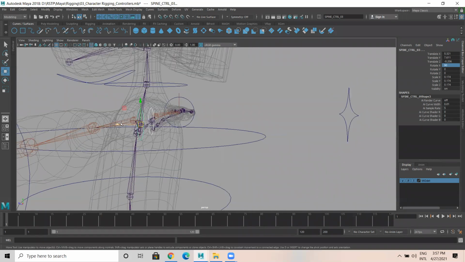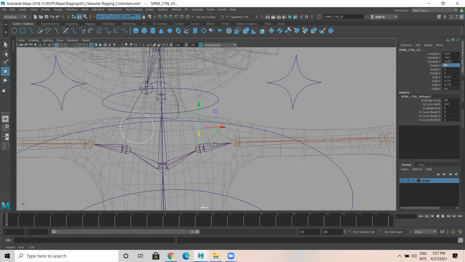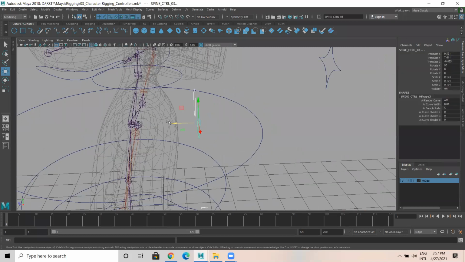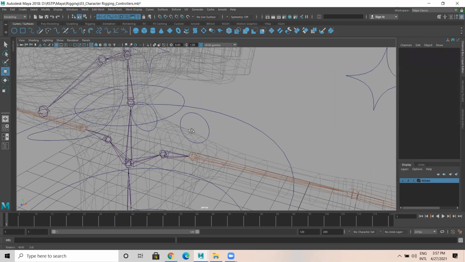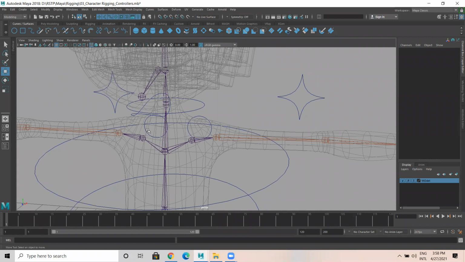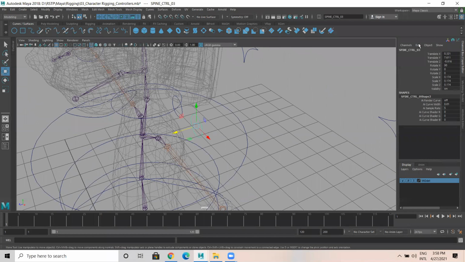Select these two clavicle controllers, place them in the back side. You can have it even further back. I think up to here is fine. Okay, this is for the clavicle. First, we need to snap to the joint, then move the curve controller behind. This is the left clavicle controller, and this is the right clavicle controller.